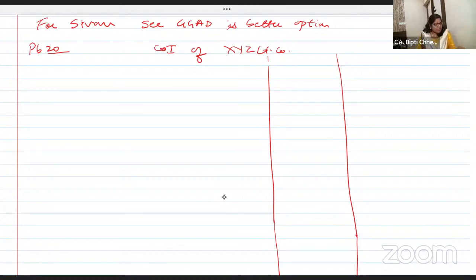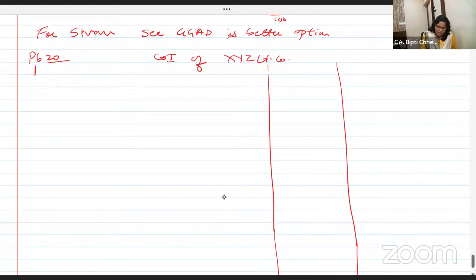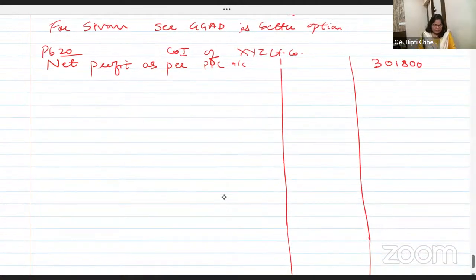Chalo. Start with what, dear students? Net profit. Net profit as per P&L account. थोड़ा बड़ा प्रॉब्लम है बट एक एक एडजस्टमेंट आराम से लिखो. Net profit as per profit and loss account. Seriously, I can take a very simple 6 marks problem from your CMA, RTP, MTP. But exam में ये level के ही problems आते हैं.